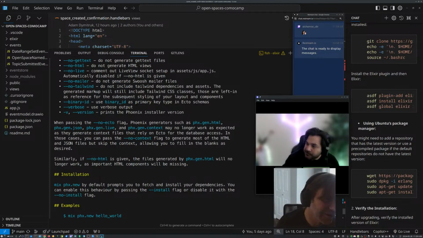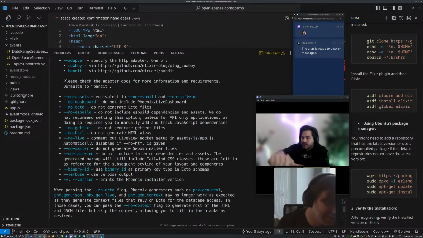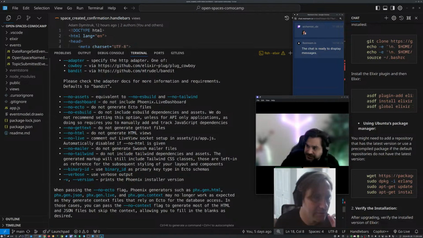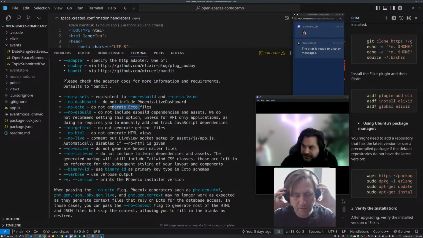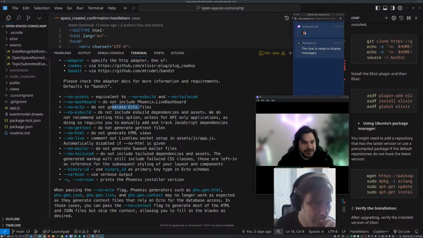Anyway, I didn't see no database. So where is no database? It's no Ecto. Okay, that's interesting. Ecto is not an ORM because technically it's like four components together. But Ecto, I think, is the one that removes the database. Let me see real quick. Oh, I see.